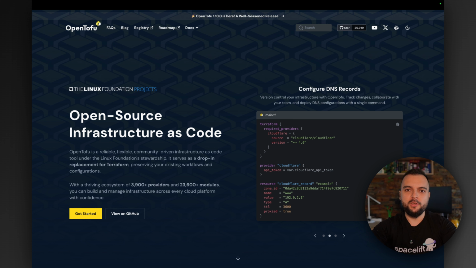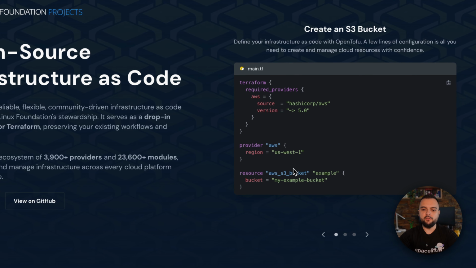So OpenTofu was born in 2023 as a response to HashiCorp's license change to BSL. The project was designed as a drop-in replacement for Terraform, but it's evolving fast. Many of the features that were requested from Terraform in the past were implemented in OpenTofu by the community, making it my top pick when it comes to infrastructure as code. OpenTofu uses HCL to declare its code as you would normally do in Terraform, so you have parity on that level, you don't need to learn a new language. But with OpenTofu, you can be relaxed because the license is never going to change because OpenTofu is under the